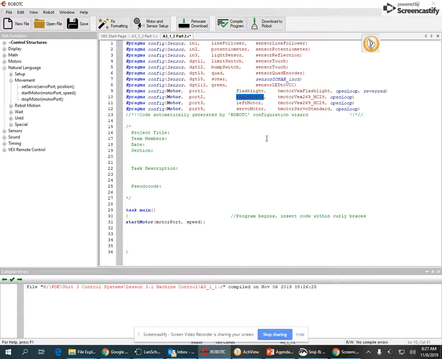So I'm lazy. I'm going to Control C and Control V. The next thing it said was to do it at half speed, and to do it forward. I know 127 is full speed forward, so half of that would be 63.5. So half speed forward. And then it says to do that for